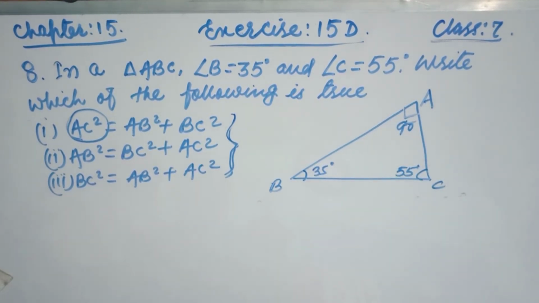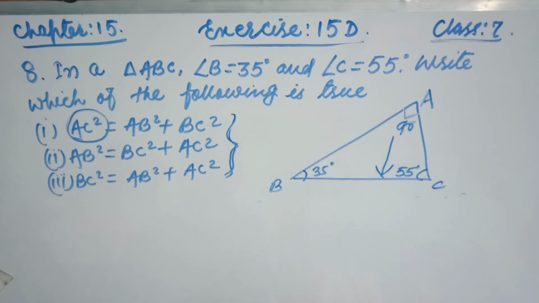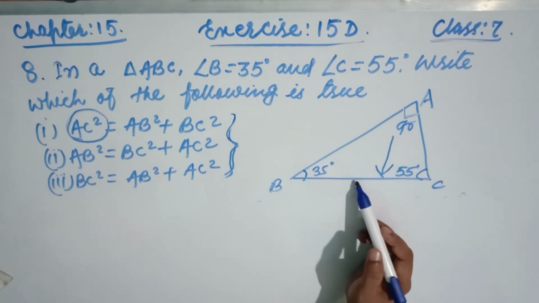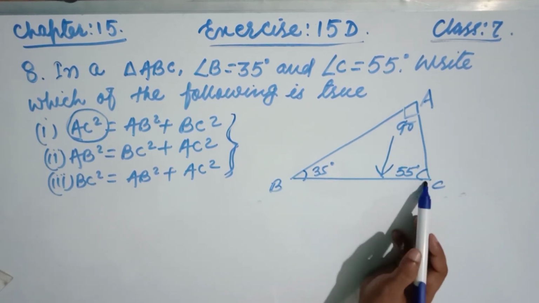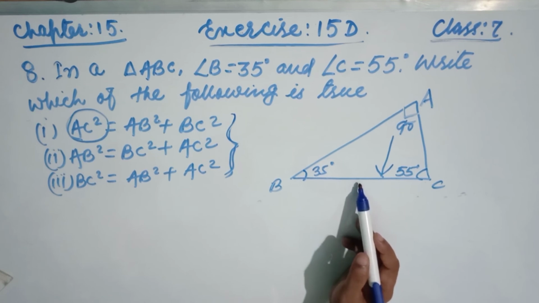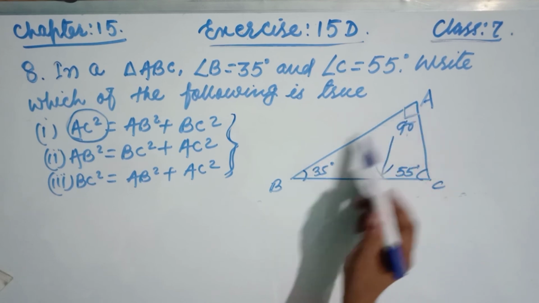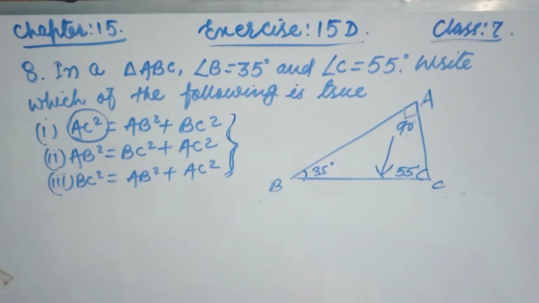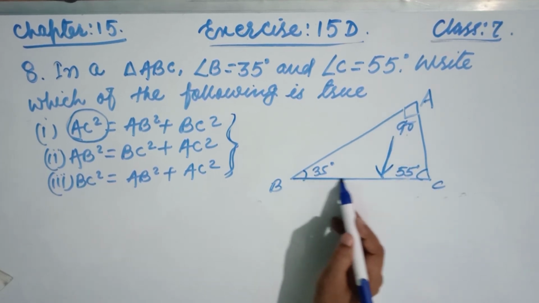Now remember, friends, the opposite side of the 90 degree angle is the hypotenuse, or we can say the side which does not participate in making the 90 degree angle is called the hypotenuse. This side BC is not participating in making the 90 degree angle, since the 90 degree angle is in between the side AB and the side AC. So the other side, that means BC, is said to be the hypotenuse, or we can say the opposite side of 90 degrees is called the hypotenuse. Here the hypotenuse is BC, friends.